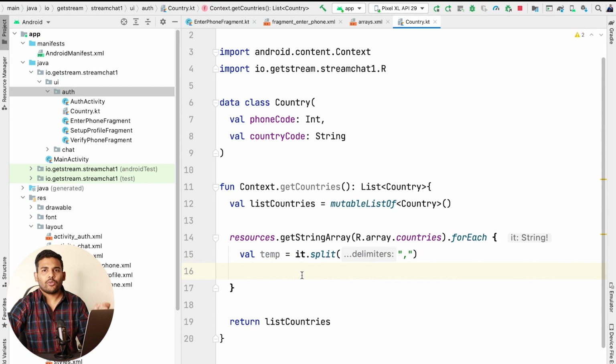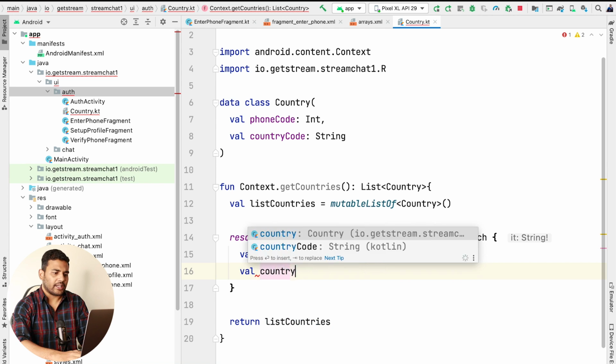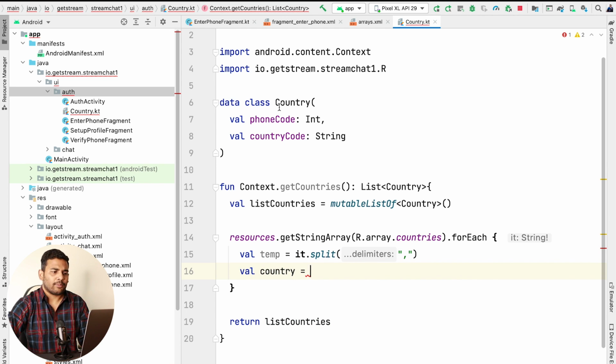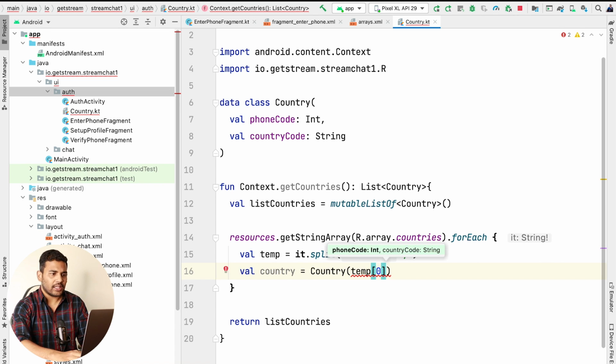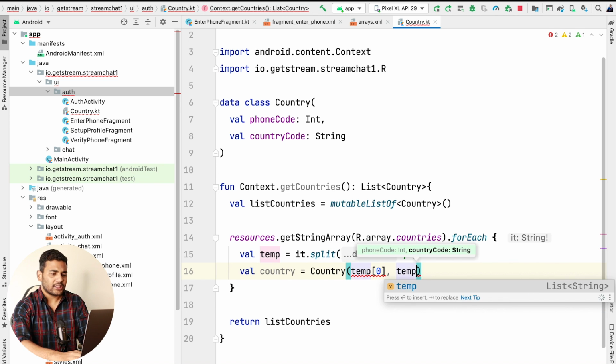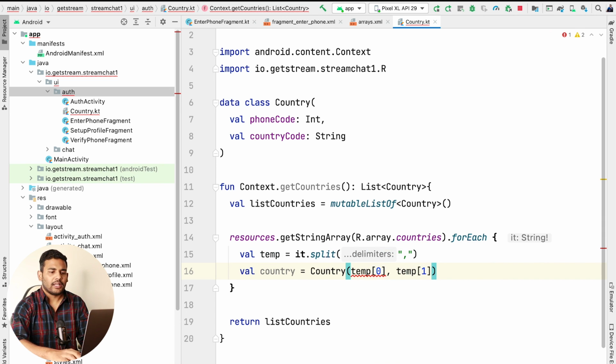Now the first value is the phone code and the next value is the country code. So I will create a country with the help of this country data class. So we have country, the first parameter is temp 0, that is the first index, that is phone code, and the next parameter is temp 1, that is the country code.